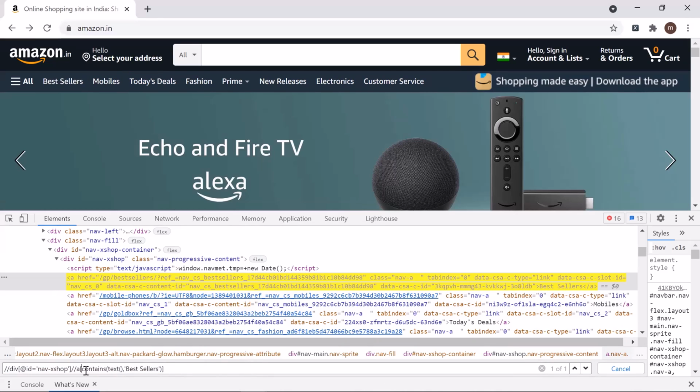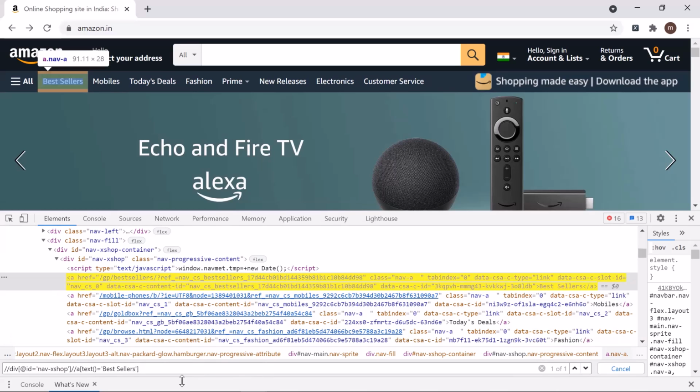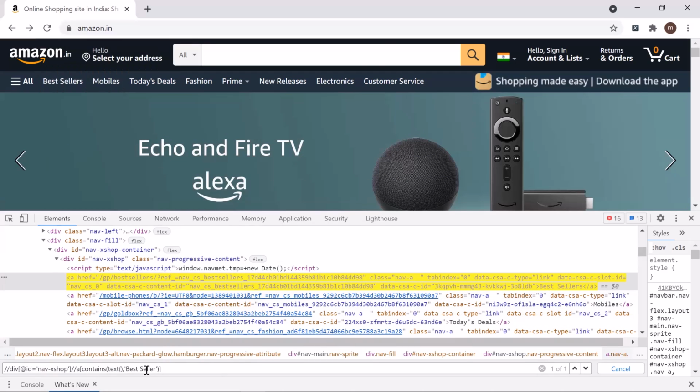Now, instead of contains, you can compare the exact value of text by using text equals to bestsellers. So this expression is going to match the exact text on the web page. Let's say that if you have mentioned the expected text as bestseller only, then this expression is not going to find your web element, because text method will return the bestsellers, which is not going to match since we have deleted the extra s from our expected text. If I use contains over here, then you can see that now it successfully finds the element. So based on your requirement, you can use the exact text or contains text to identify the object.